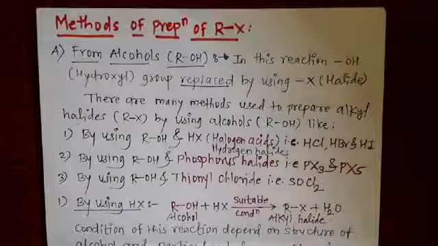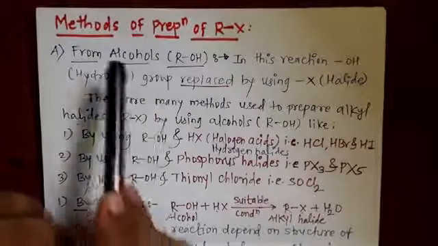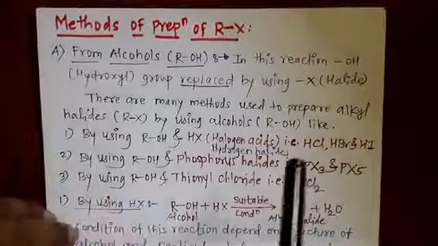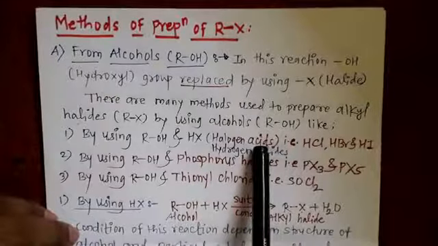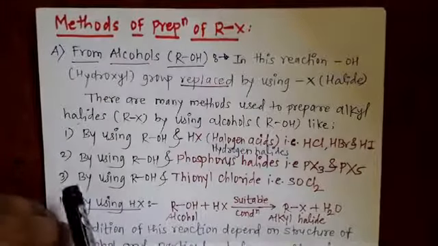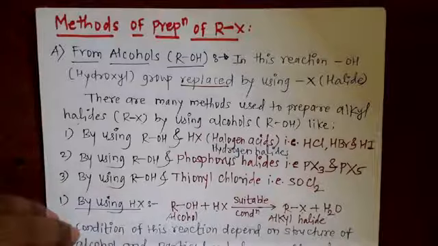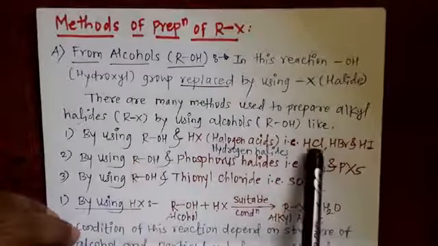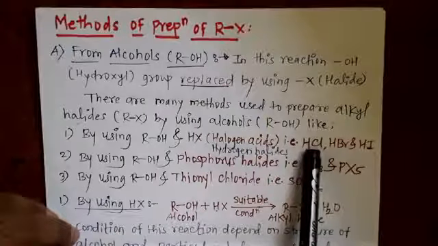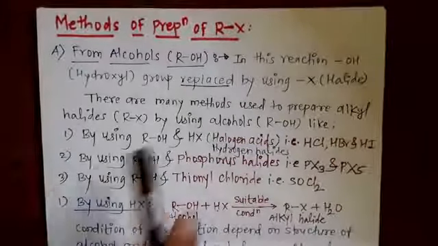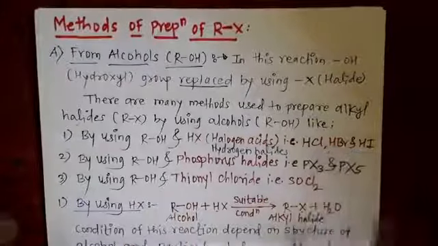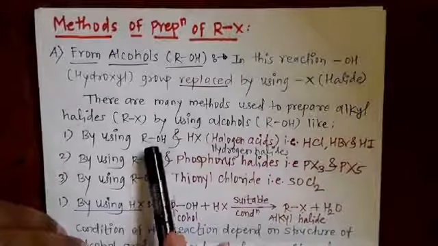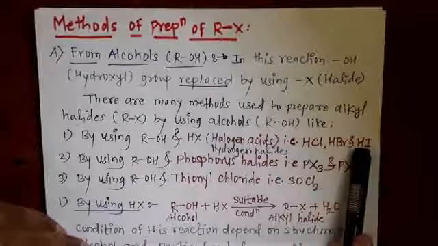Hello friends. In the previous video, we studied the methods of preparation of alkyl halides by using alcohols and halogen acids. In that video, we studied the preparation of alkyl chloride by using alcohol and HCl, preparation of alkyl bromide by using alcohol and HBr, preparation of alkyl iodide by using alcohol and HI. Now,